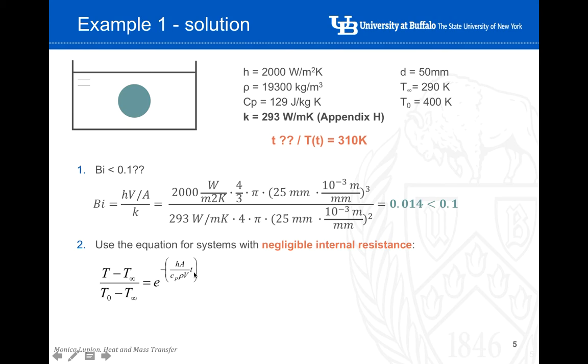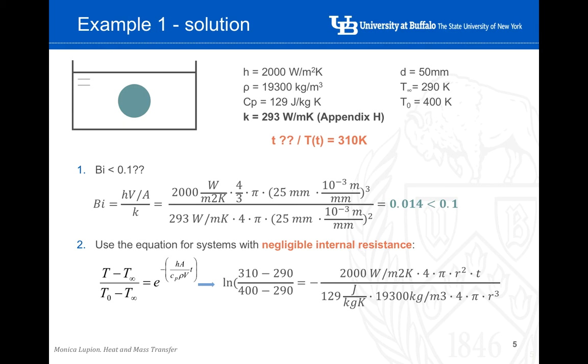Okay, so let's play around with this equation and take the natural log. We have the natural log of the temperature we seek, which is 310, minus the temperature infinity, which is 290, over the initial temperature, which is 400, minus T infinity, which is 290, is equal to minus the convective heat transfer coefficient, which is 2000 watts per square meter Kelvin, times the area of the sphere, times time, over the thermal